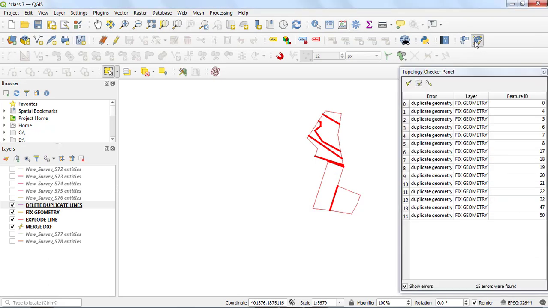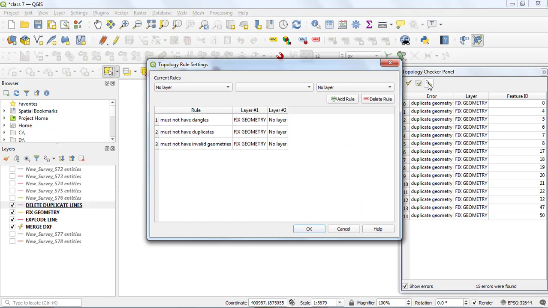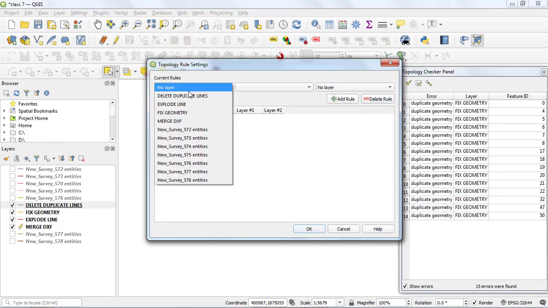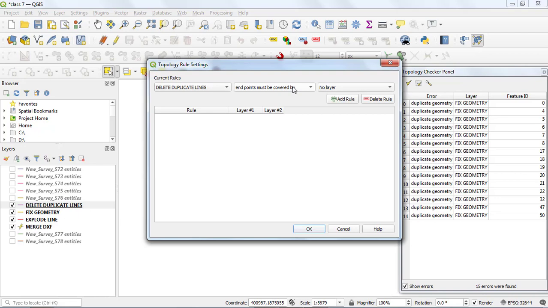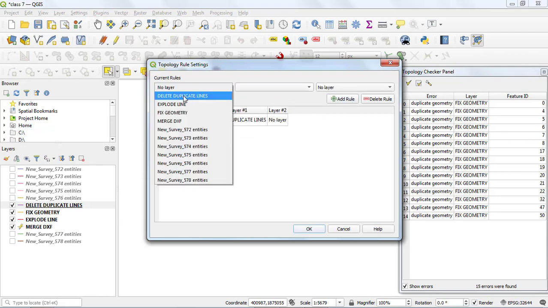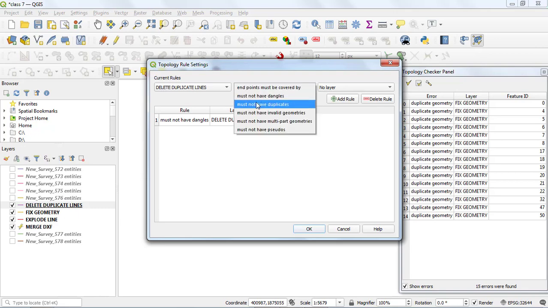So click on topology checker and now click on configure and remove all this, and now select here. Now we need to select the delete duplicate line layer and click on must not have dangles and delete duplicate line layer and must not have duplicates.